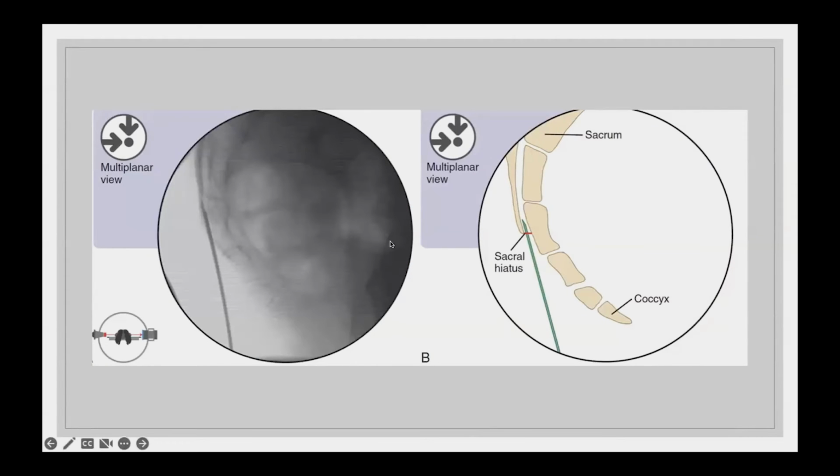This is just the X-ray picture of that caudal epidural steroid injection. This is the needle. This is a sideways view of the sacrum and then the coccyx, the tailbone. So we're getting into that little space. It's called the sacral hiatus here. And pictured right here, the needle's going through the sacral hiatus. That way you're easily able to access that deeper epidural space, the space around the wrappings of the spinal cord and spinal roots. And then you can deposit medication safely there.